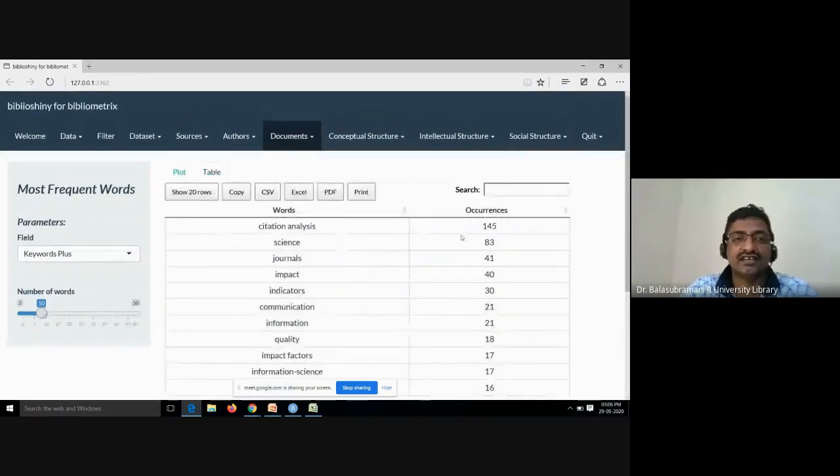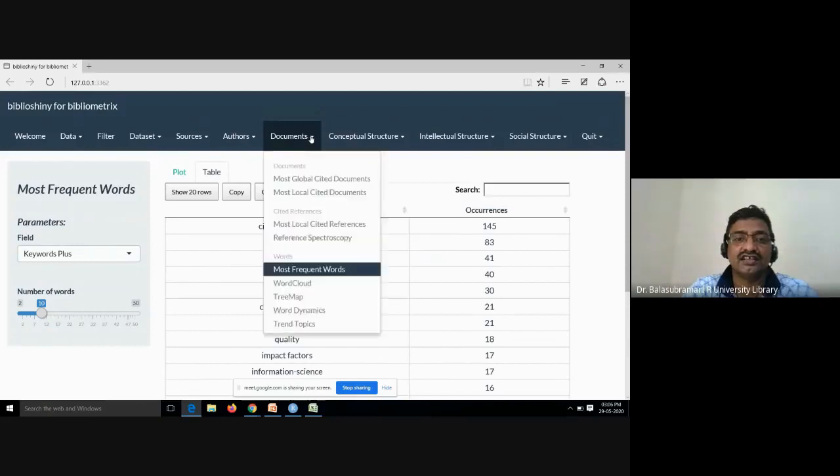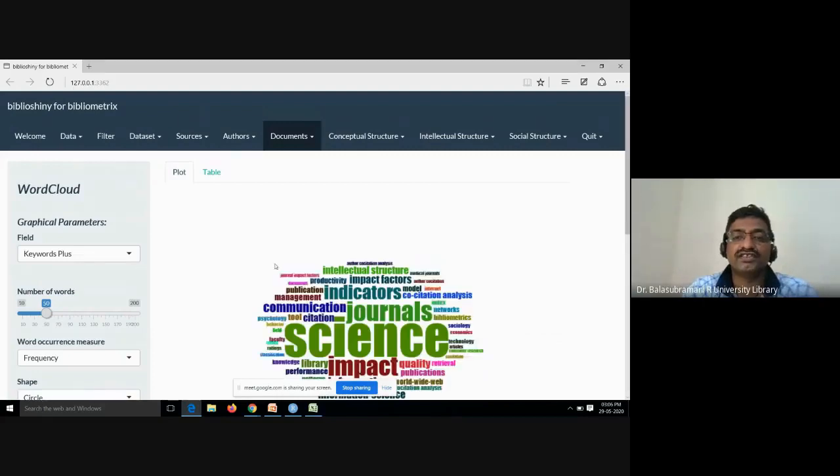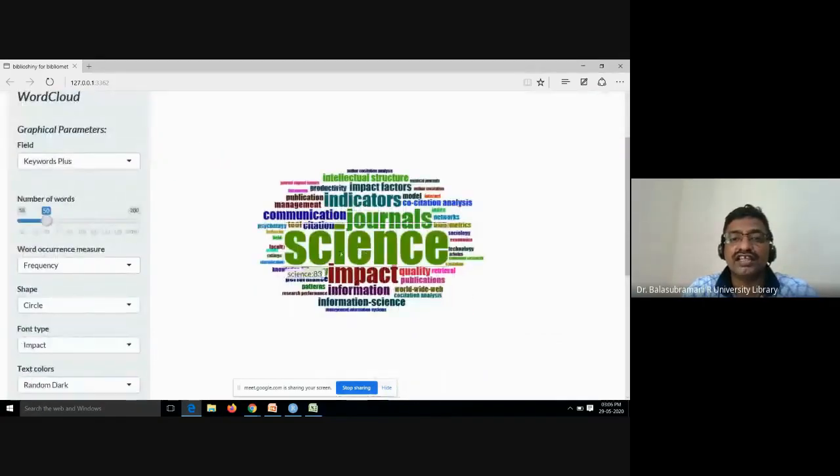Citation analysis 145, science 83, like that. Word cloud, that means which you can see here, the science is dominated here. Then next one is impact 40, journals 41, like that you can see the result.